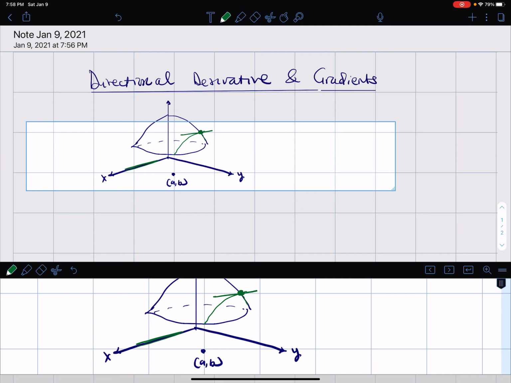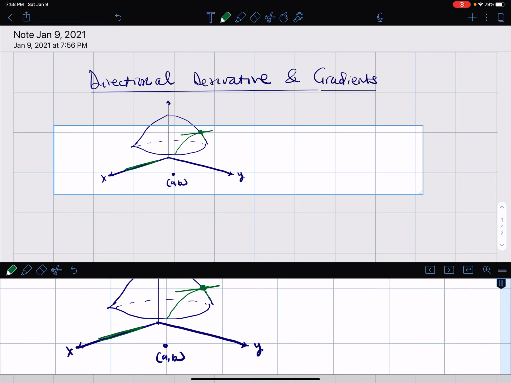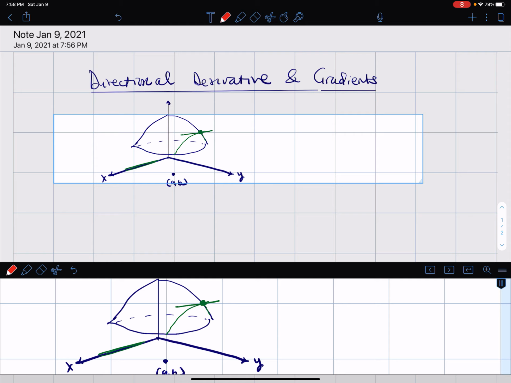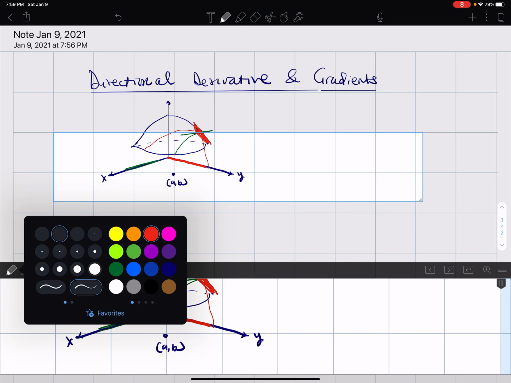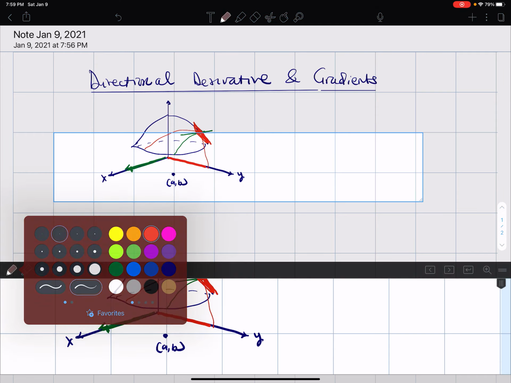right? And then you can also say, okay, I want to find the partial derivative with respect to y. That would be the derivative along the y-axis, in the direction of your y-axis, something like this. So you'll be looking for the slope of the tangent line in that direction. Now, so it's either this direction, or that vector as a direction, or this vector as a direction. Okay. Now,